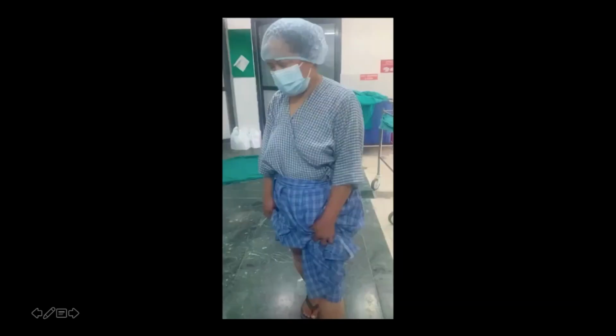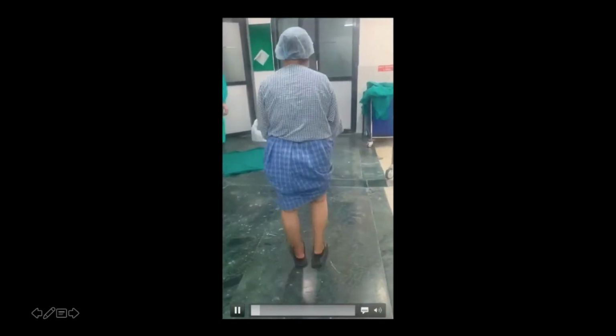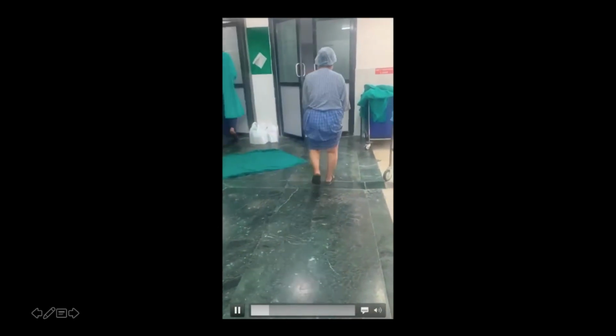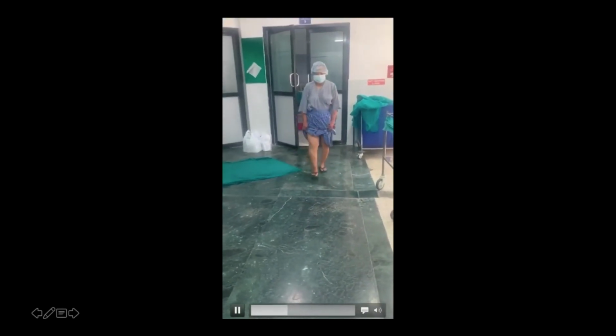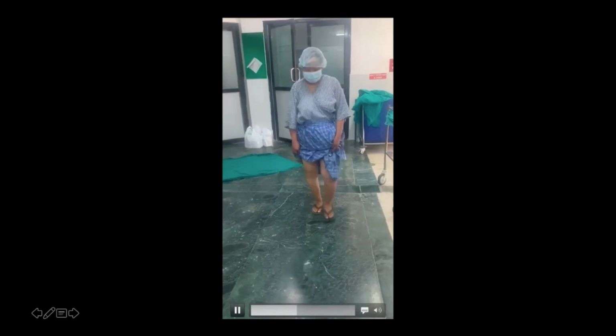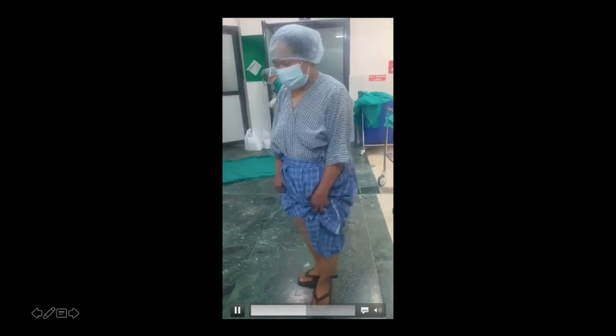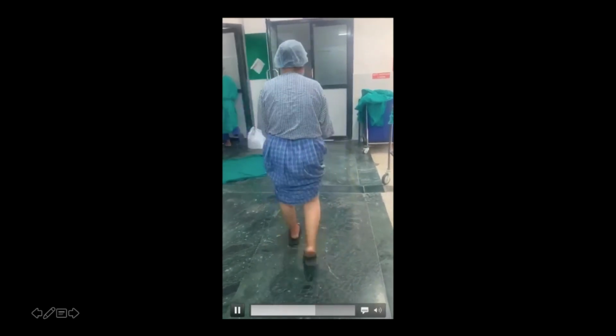This is how she used to walk. What is important is to see that there was no valgus thrust on the knee. If there is a valgus thrust, there is a ligamentous problem that also has to be taken care of. In this particular case, there was no valgus thrust. Another thing I would like to highlight is that I always suggest getting an MRI done for all these patients